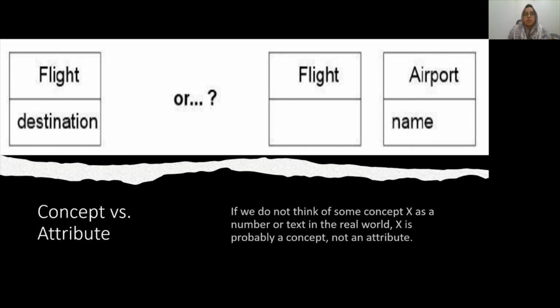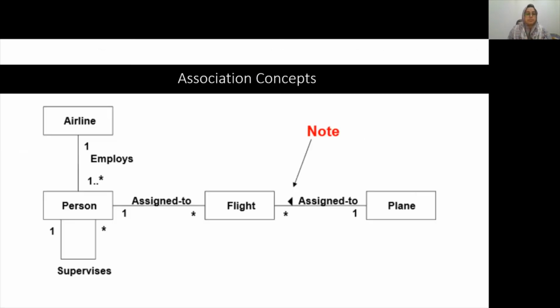So all in all, if you're still in doubt whether to make a particular entity a concept or an attribute, the recommended strategy is to make it a separate concept. Just to summarize this particular problem, the very first step is, given an entity, if you can think of attributes that are associated with that entity, then make it a concept. But if you cannot think of multiple attributes associated with that particular entity, then make it an attribute. All in all, if you are still in doubt, always make them a separate concept.